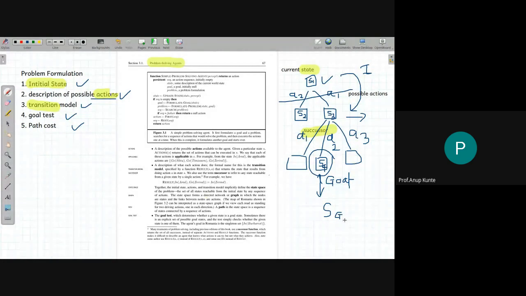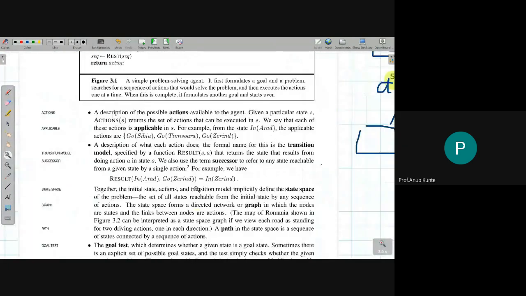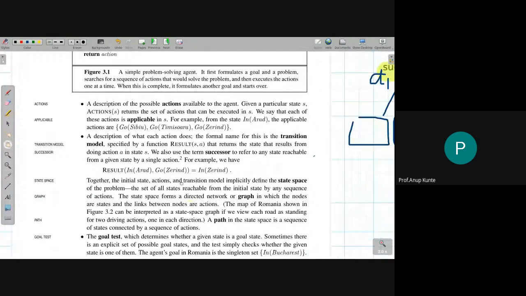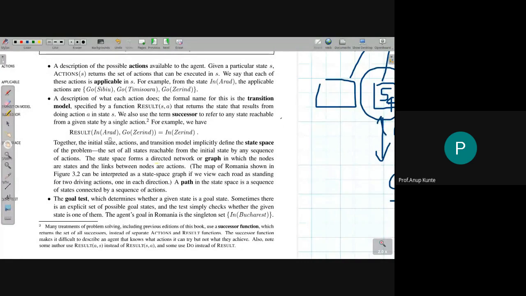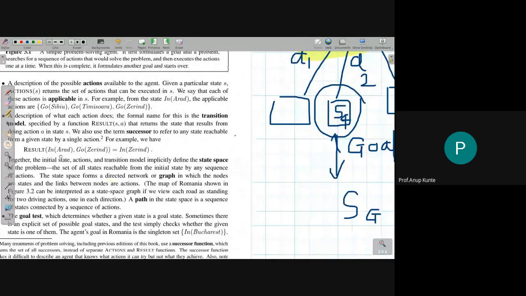So like in yesterday's example, where we were navigating cities, being in a city is like my current state. So in Arad, which you can see here, I'll just enlarge this. So the transition model, as they have referred to over here, is that you give a state description. The state description for this problem is being in a particular state. So in Arad, this data structure is nothing but my current state.